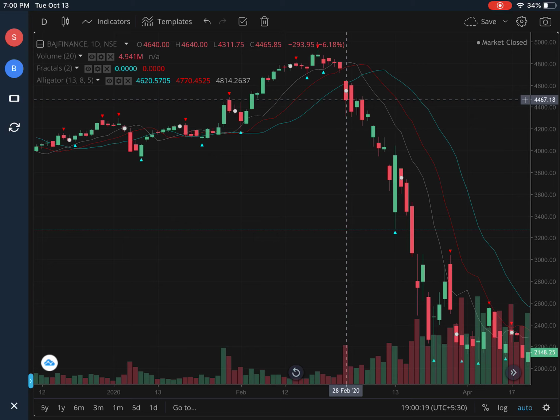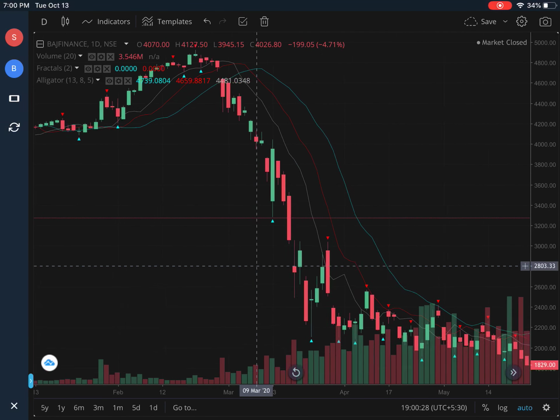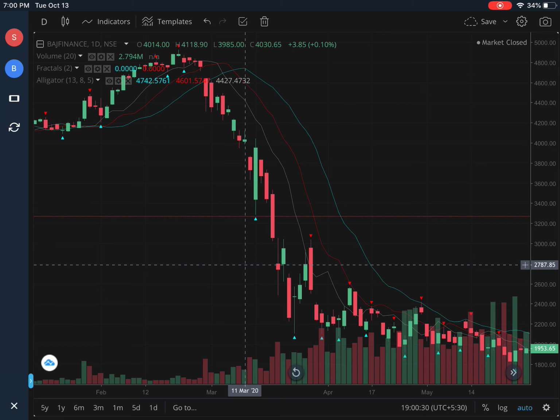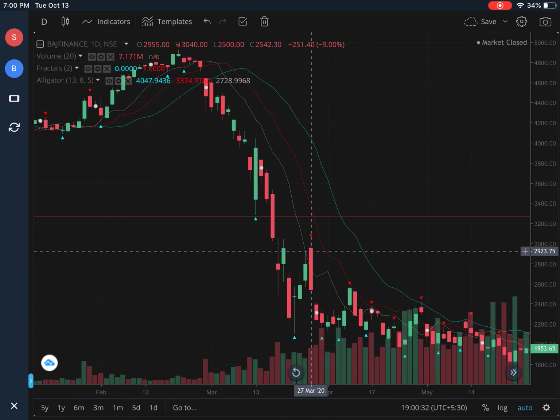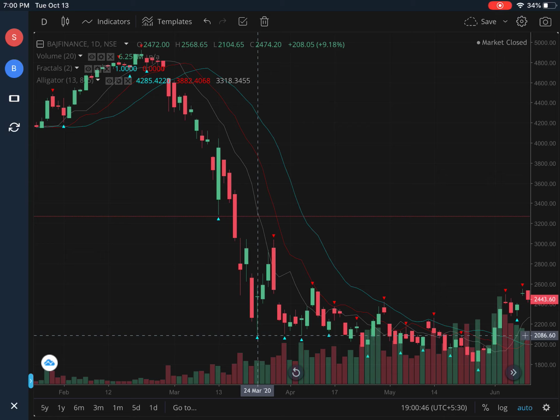That was at around 4,460 something, and you could have seen that it kept on falling, and every time you got only one down, one up fractal over here, and that also could have been used to add more position at 2,900. You had another fractal formation. You could have entered there again short, so second short position you could have built up. Then one down fractal you got here at around 2086. So that was a fractal which is there.